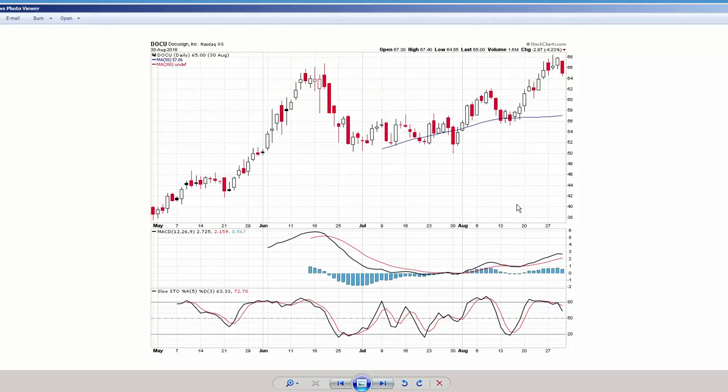All right, let's look at one more example. Here's DOCU. Another IPO stock, did really well, came back down, formed a base in here. It popped out of the base, came back down and tested, and then moved up. When it popped out of the base, at the time the MACD crossed up,